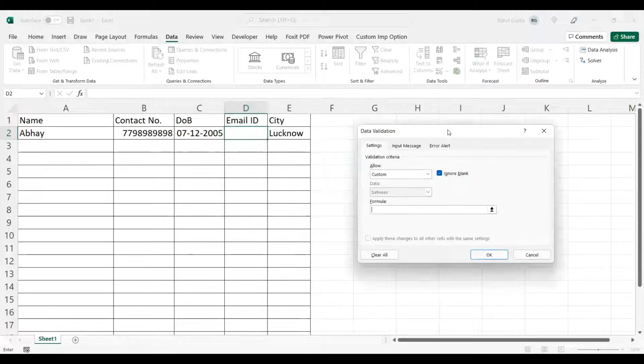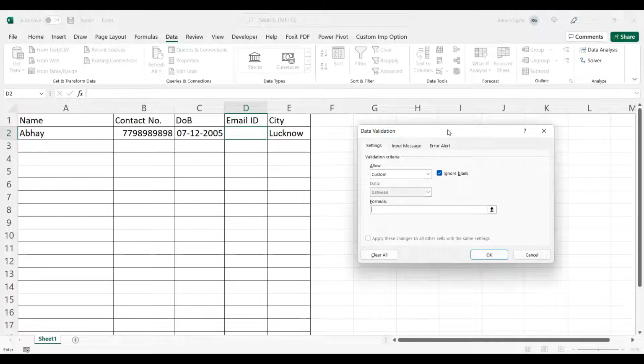So first of all, what I need to assure, I cannot assure that it should be only Gmail. I cannot say that it should be only Yahoo, but I can assure that it should have an at the rate, and after at the rate, it should have a dot. At least after one character of the at the rate, it should have a dot. That I can assure. Then it makes a valid email ID. So if you remember in the last video, I have given you one of the ways of finding the space with find, finding a with find. So that find function we have seen.